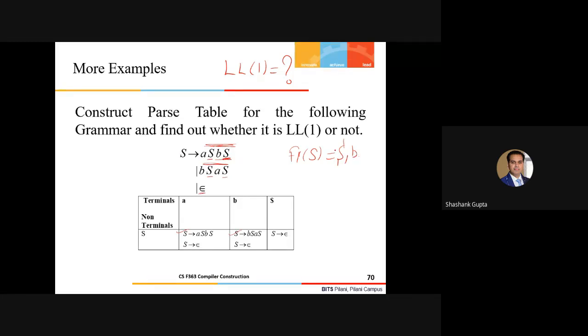Now I'll come to this S. So follow of S is nothing but first of AS. First of AS is first of A, which is nothing but A here. And again, this is going to put the recursive thing here, so follow of S, which we have already computed. So that means we have to write S derives epsilon under all these entries.